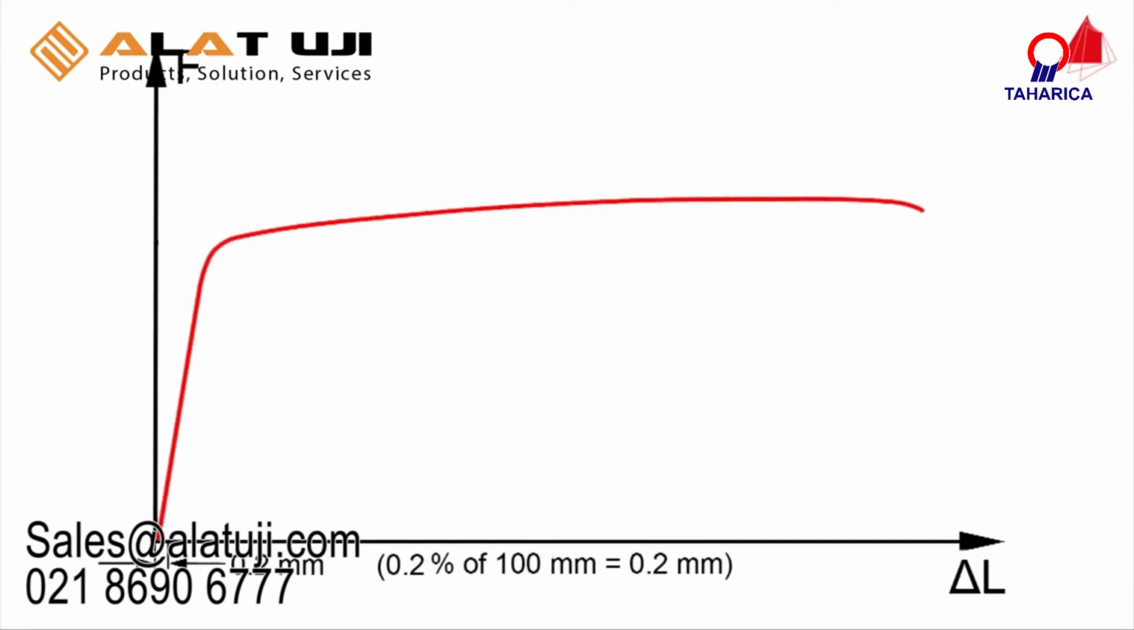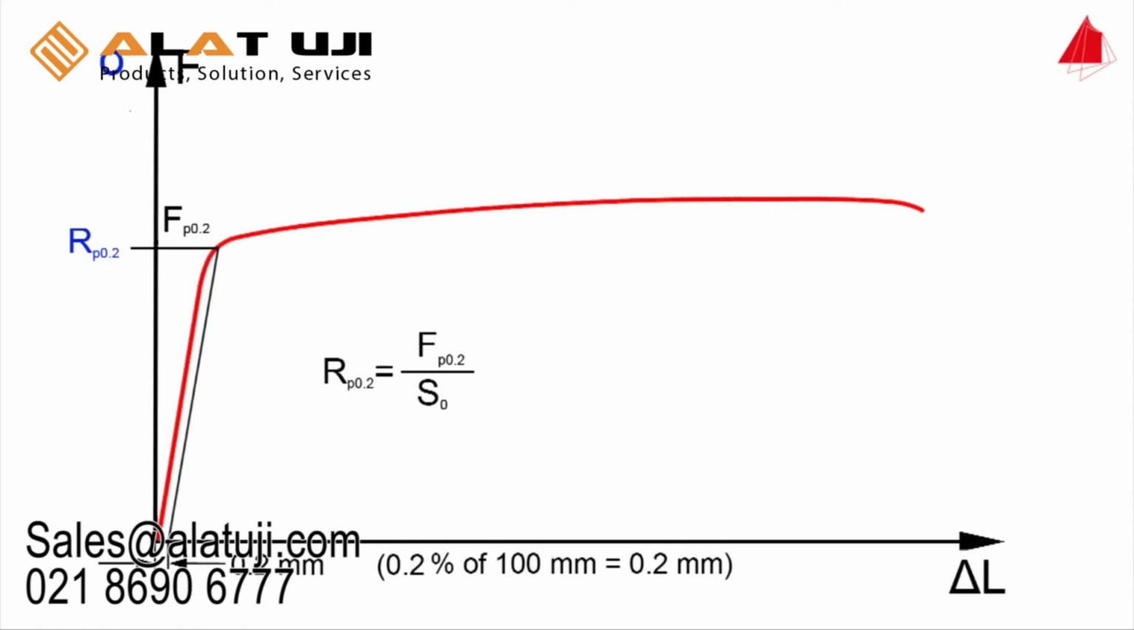In the force elongation diagram, a straight line parallel to the elastic line is drawn through the offset point of 0.2 mm of elongation. The force at the intersection point of the offset line with the force elongation diagram is designated as Fp0.2. This is the force that causes a plastic strain of 0.2%. The 0.2% proof strength, Rp0.2, is equal to Fp0.2 divided by the original cross-sectional area S0. Tensile strength, percentage elongation after fracture, and percentage reduction of area are calculated in the same way as in